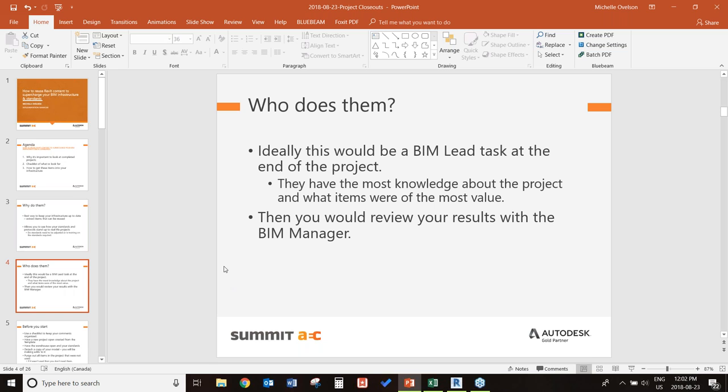The next part is who does them. Ideally, I'd like to see a BIM lead take on this task. It would be overwhelming and probably not very realistic to have the BIM manager do all the project closeouts for your entire company. So ideally, I would like this to be the BIM lead for a couple of reasons. A, to split up that